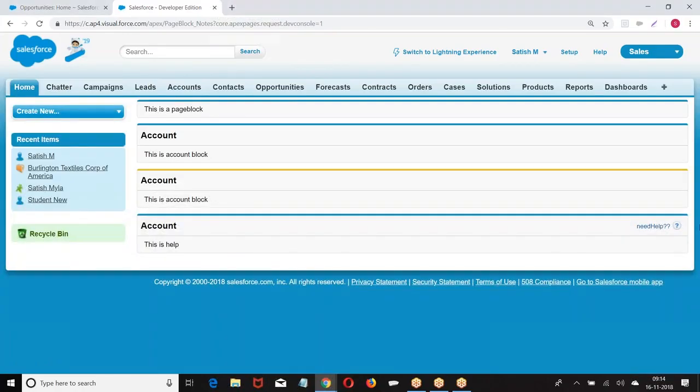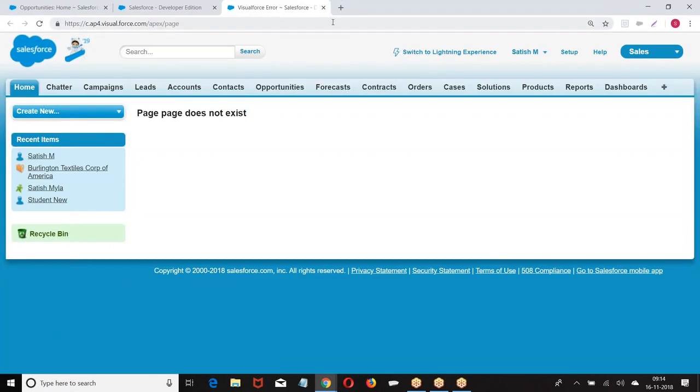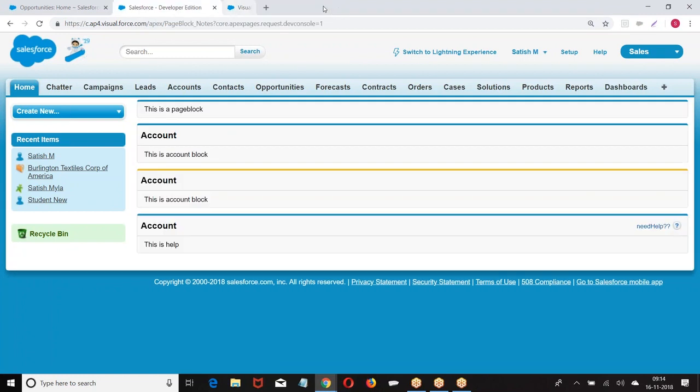Now, when I say help title, look at this. Help title, help URL. When I click on this, it is opening this page, giving an error message. Whatever I give as help title will be displayed as a link on the right corner of the block.